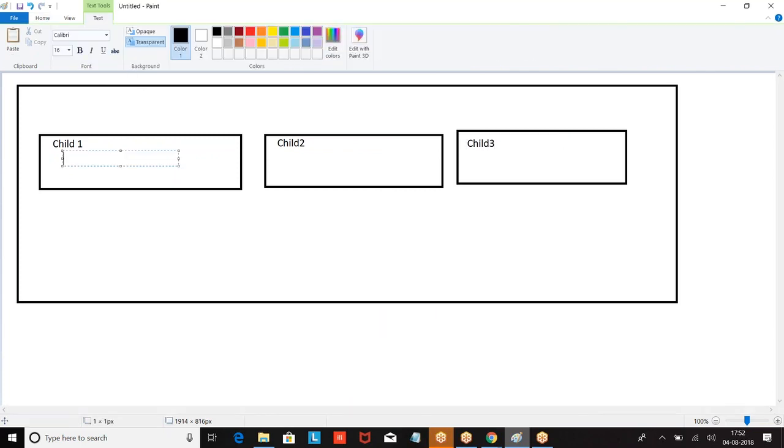Now child 1 fired the event. When child 1 fired the event, who can handle it? Child 1 can handle, child 2 can handle, child 3 can handle, the parent can handle. So it can be handled by anyone: your siblings, your parent, or the element itself. If the event is fired on child 1, it can be handled by child 1, child 2, child 3 or